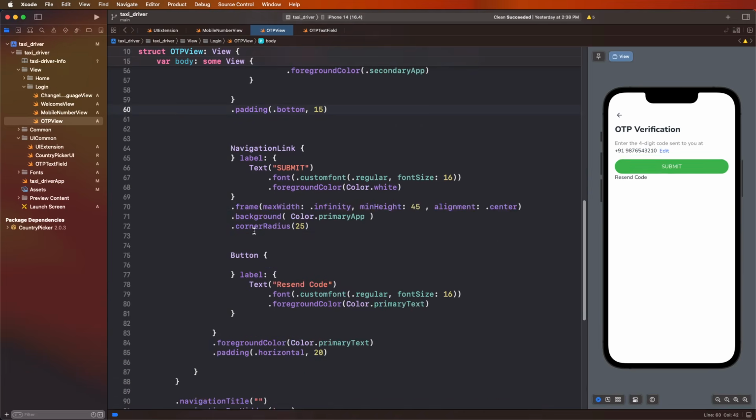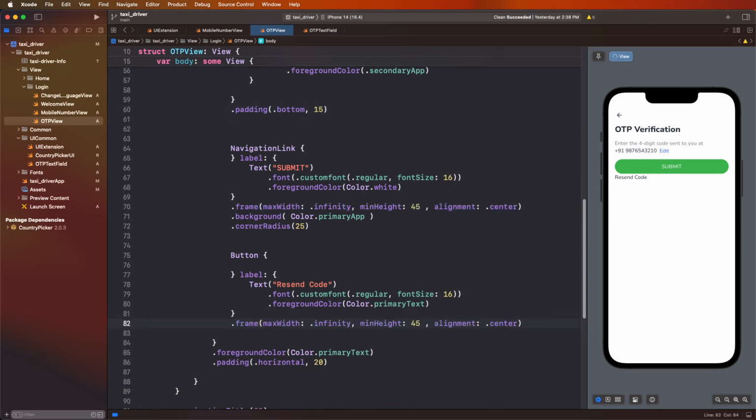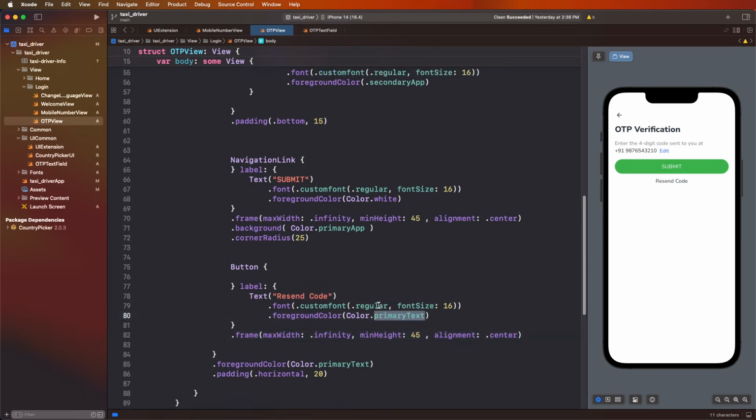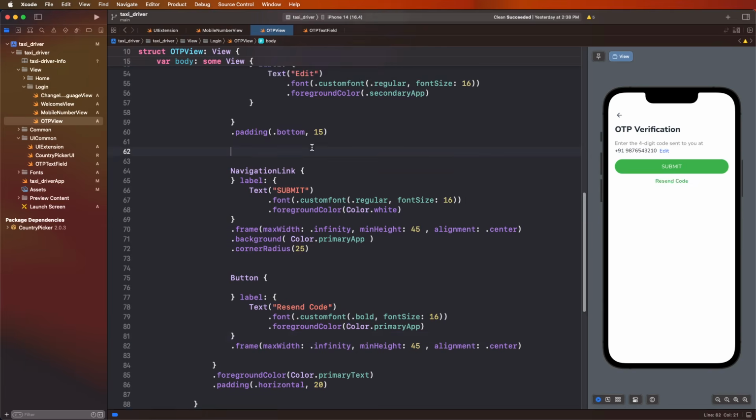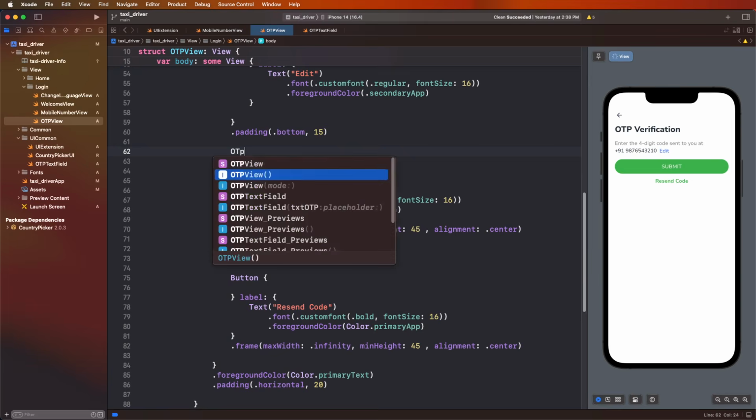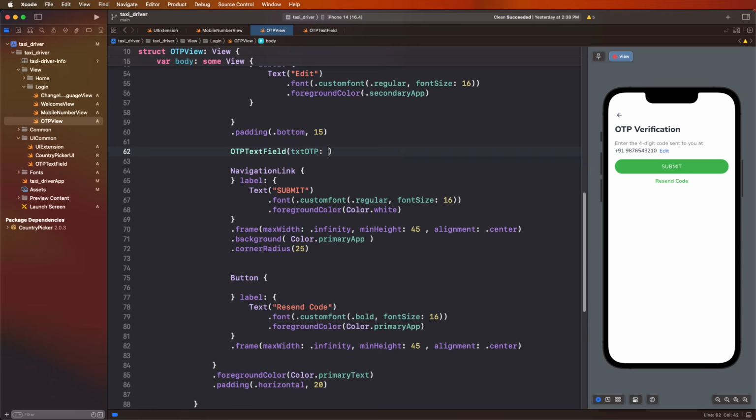and need to create here the like this here for the child code buttons, and to give this here the bold, and to set here primary app colors. Also we need to set here the OTP text fields. Give this here the dollars. Need to set here the txt OTP like this sets